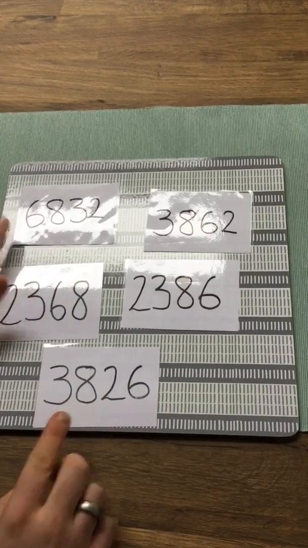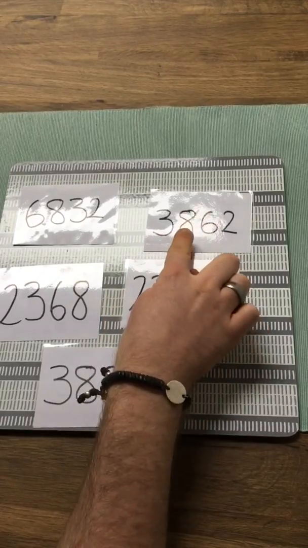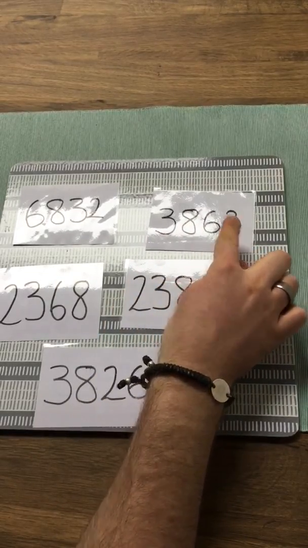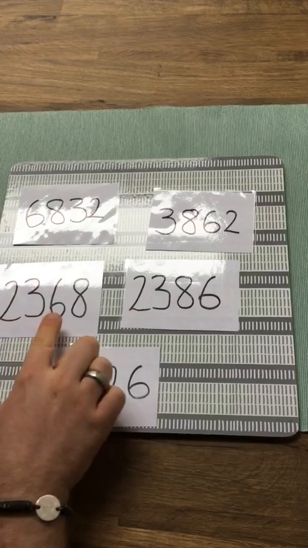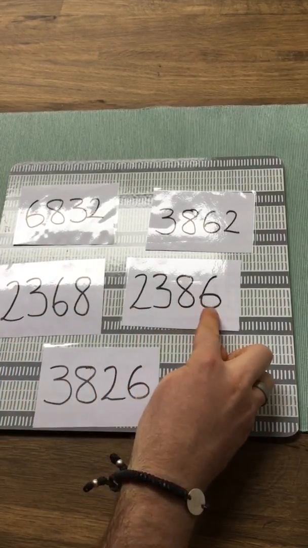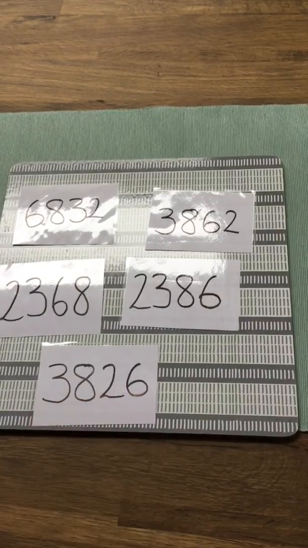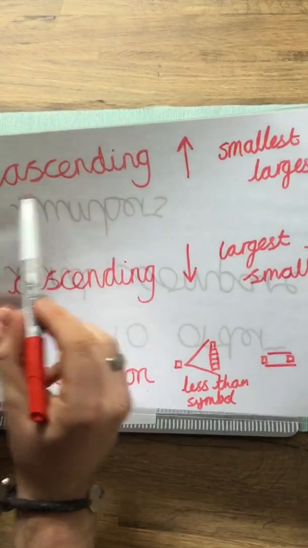So this one here, 6,832, 3,862, 2,368, 2,386, and 3,826. Okay, so I'm going to order these numbers, going back to our vocabulary, in